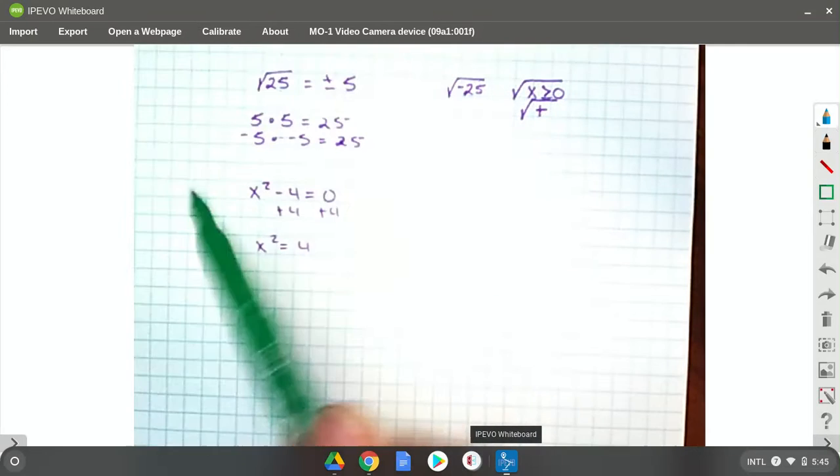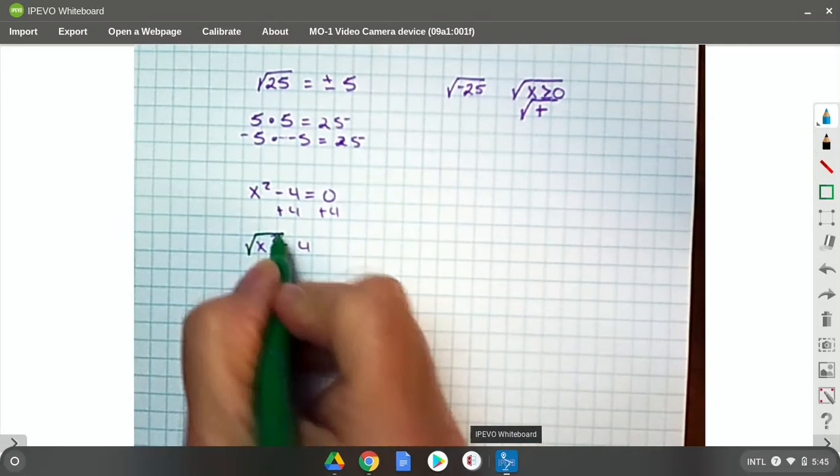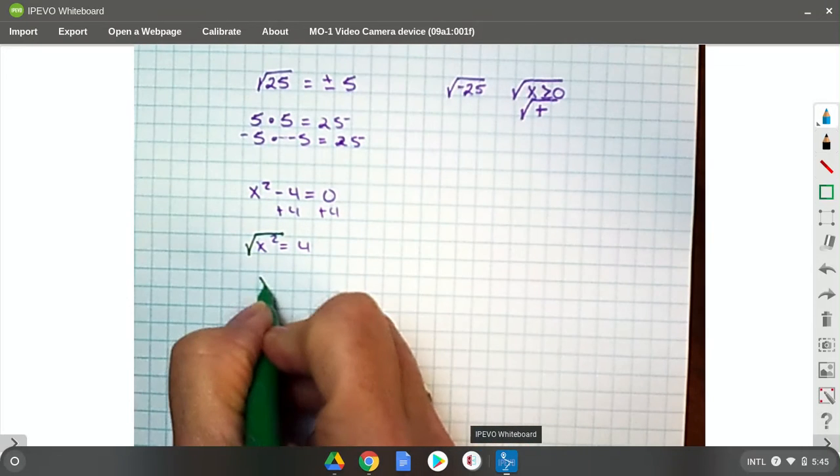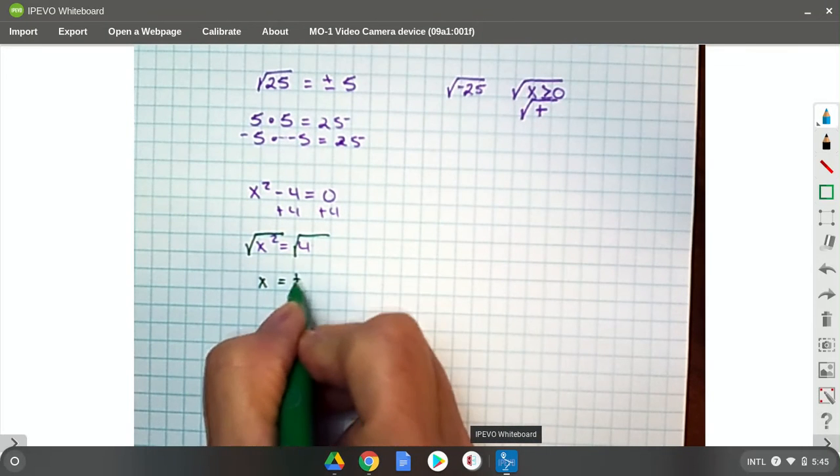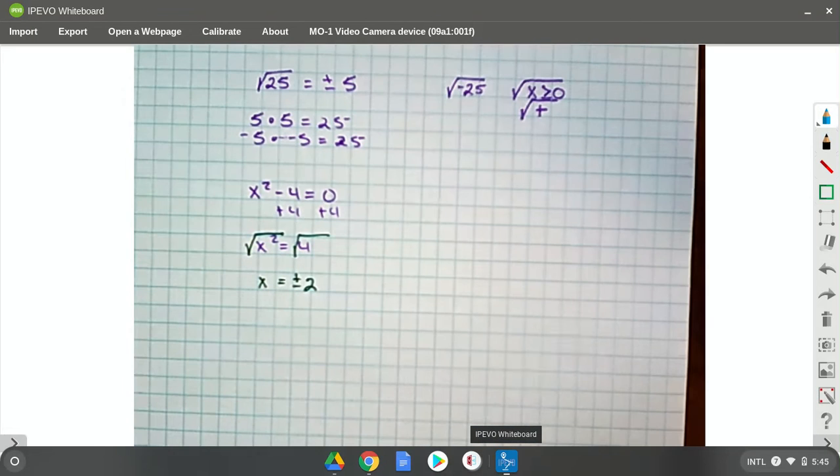And I'm going to take the square root. So that's going to be x, and the square root is going to be plus or minus 2. Okay, every time. So square root method, if you recognize that you have those two squares, then you know you're going to have just,